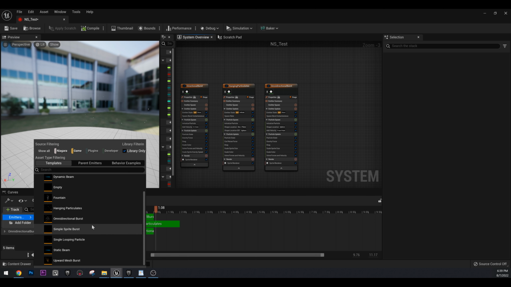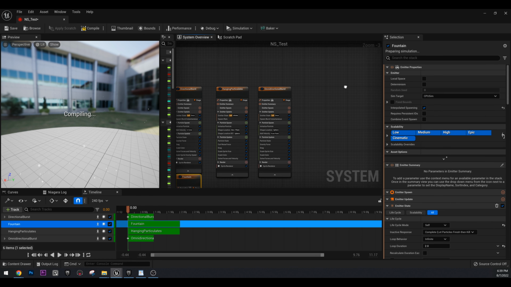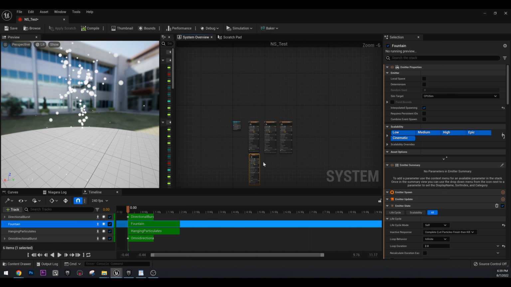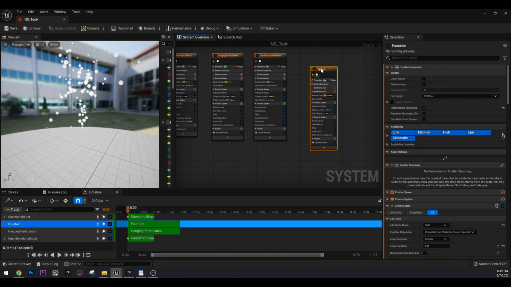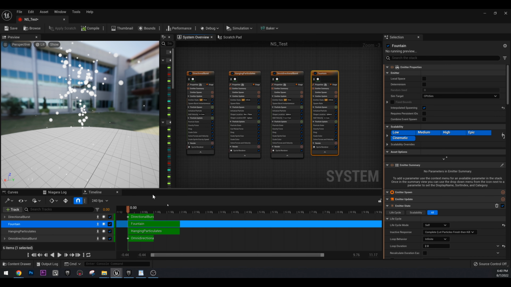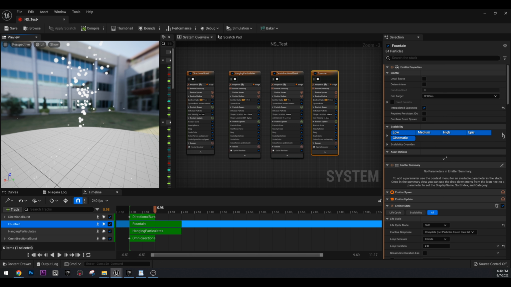If we want another, like a fountain here, wait for it, and now this fountain appeared here. We can move it and make it be next to all the others, and as you see we have this fountain. But now we have like four emitters, and